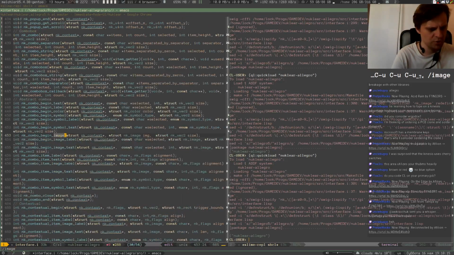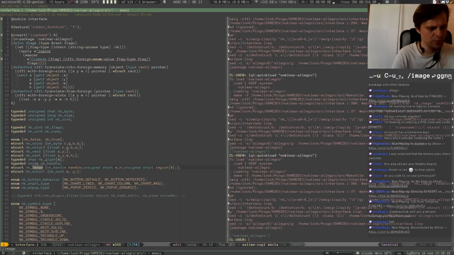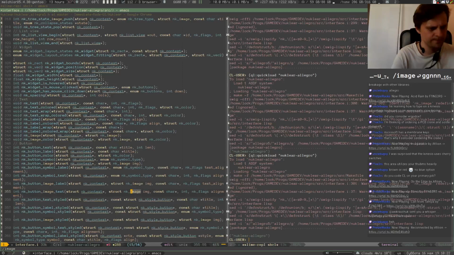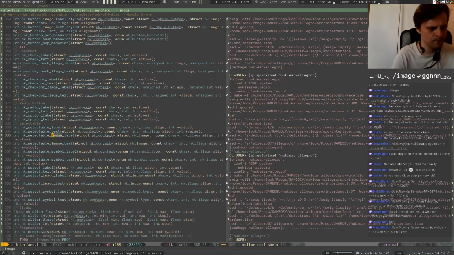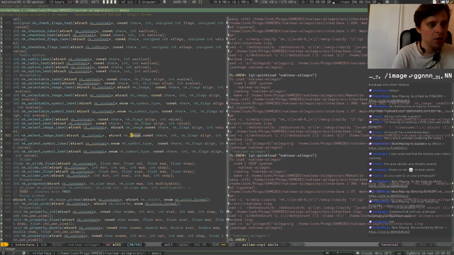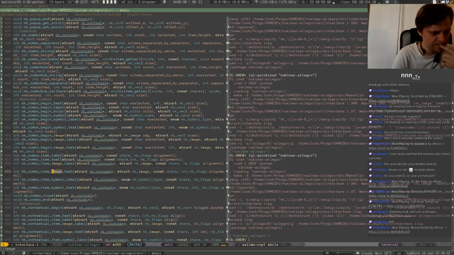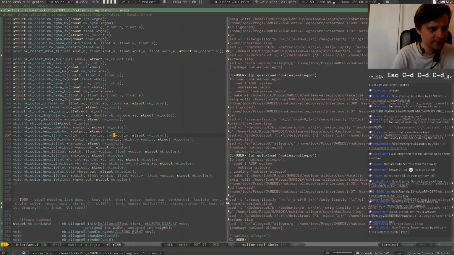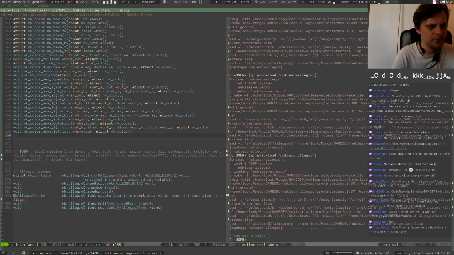Image search image. I don't think I actually have this block there. Select image. No, that's not that. Come on, stop being slow, Emacs. Contextual, yeah, I don't have image yet. So then